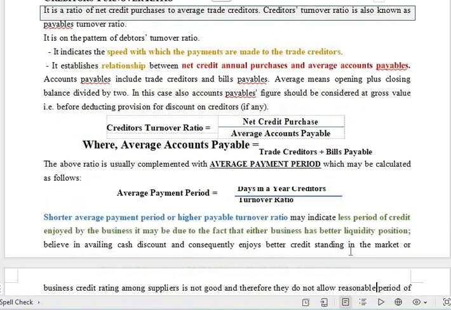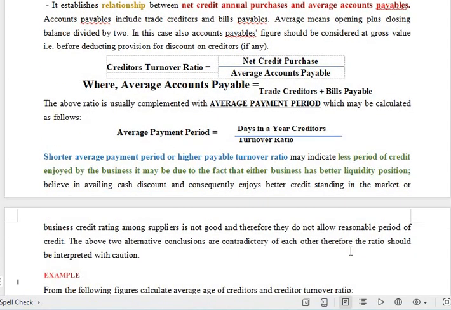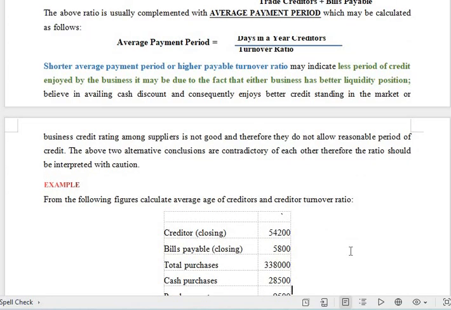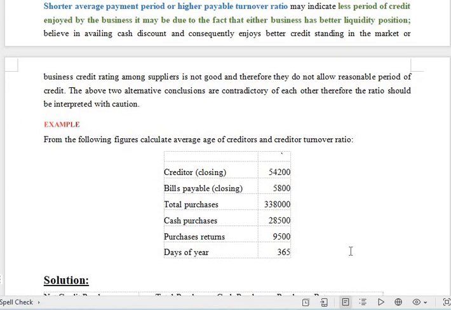The next, we'll see the examples of creditor turnover ratio. Calculate the average age of creditors and creditor turnover ratio. Average age of creditors tells about your payment period, average payment period or credit payment period. How long, meaning how many days or how many months, you are going to take to make a settlement to whom you have borrowed from. Okay, so first here they are given creditors closing, bills payable closing, total purchases, cash purchases, purchase return, and days